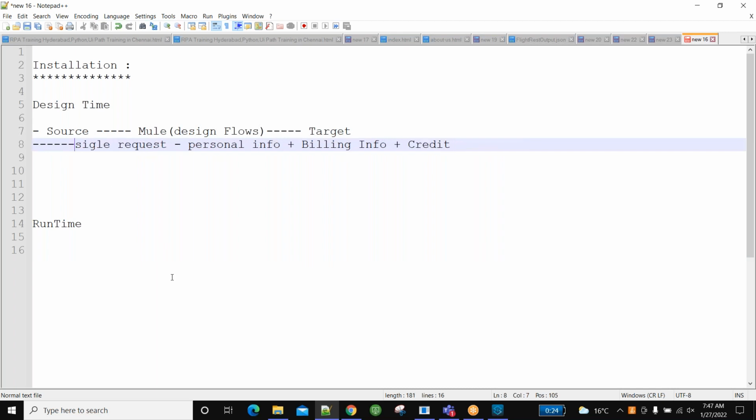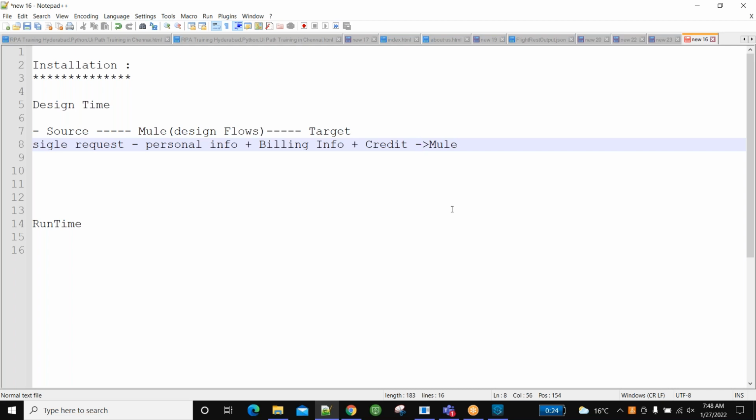So from the source system the single request was raised, and this information will be reaching Mule now. As laymen, we don't know what is happening at the back end. We will only simply get a message like your order is booked and your tracking information is so and so. Normally we will get only those two messages, because as laymen we are expecting only those. We don't know how it is working in the background.